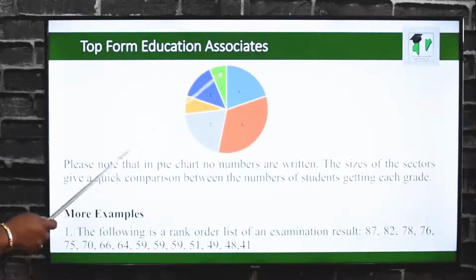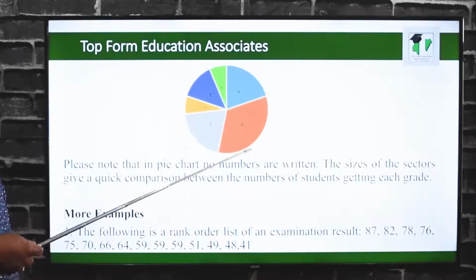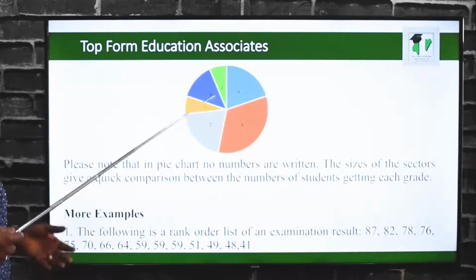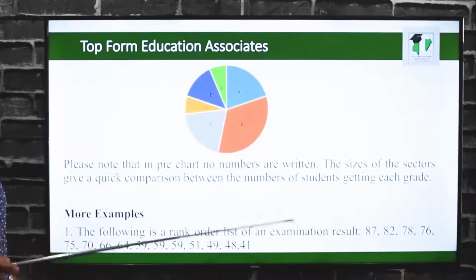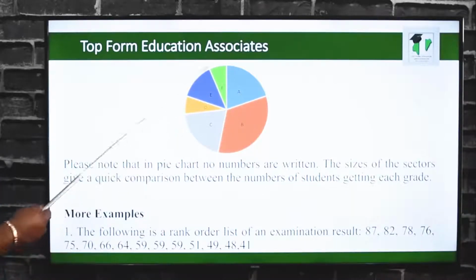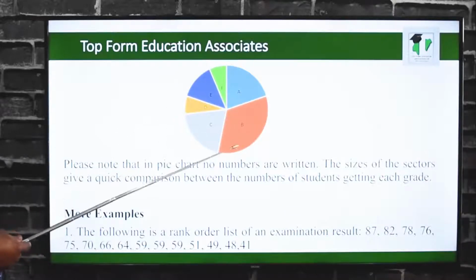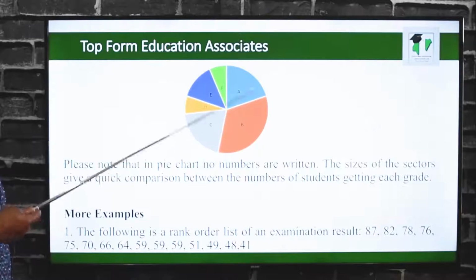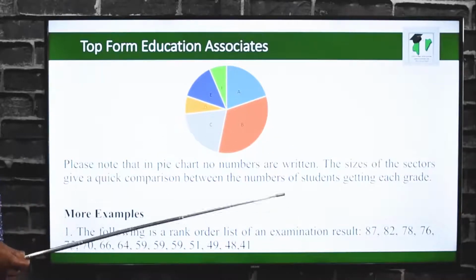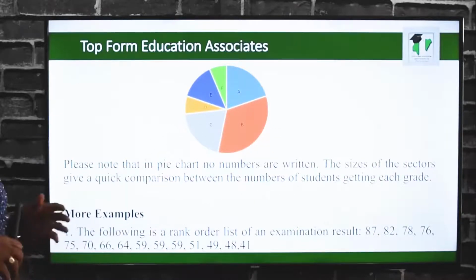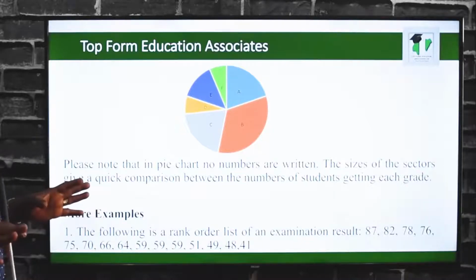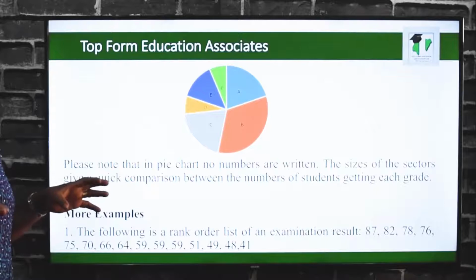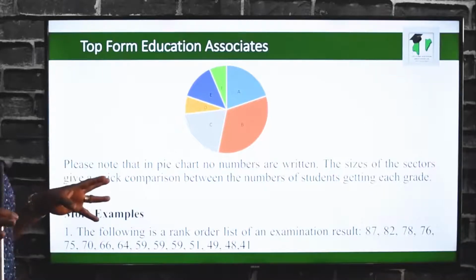Just with this pie chart, a question can be which grade that most students get. Just looking at the pie chart, you will know that the biggest sector is B, and the answer will be B. So students, what we have done so far is how to present statistical data that have been so collected